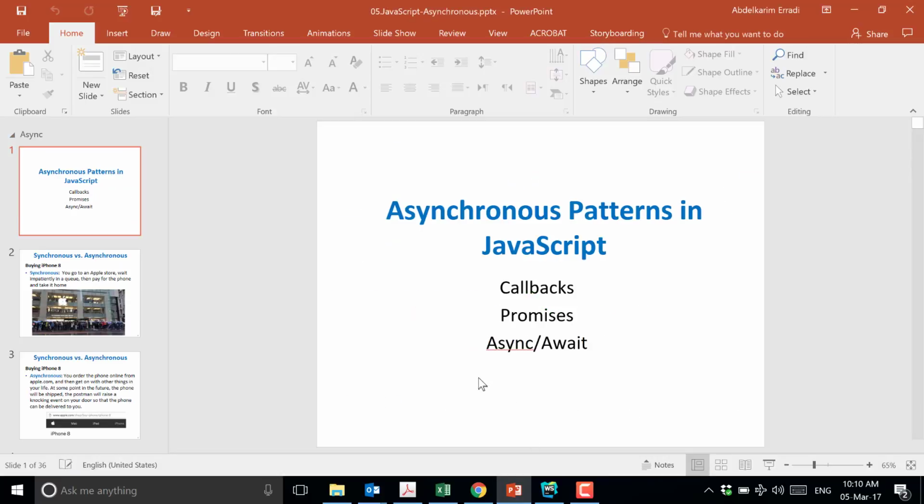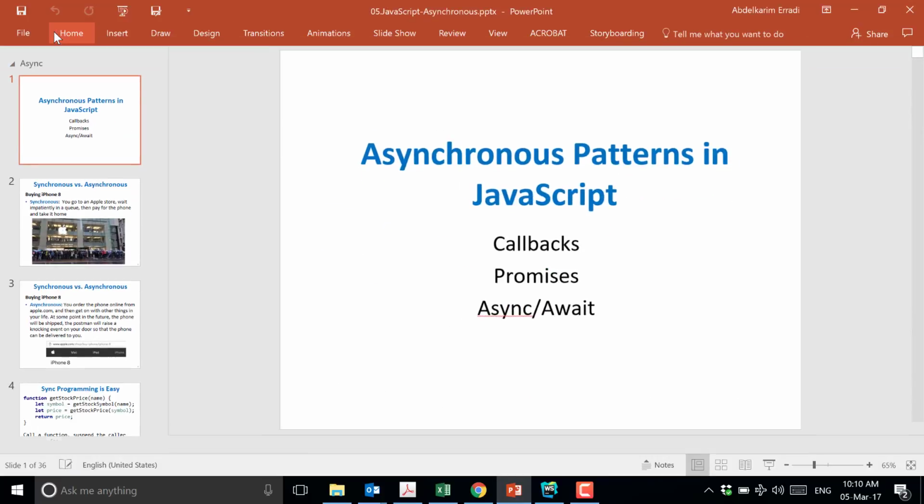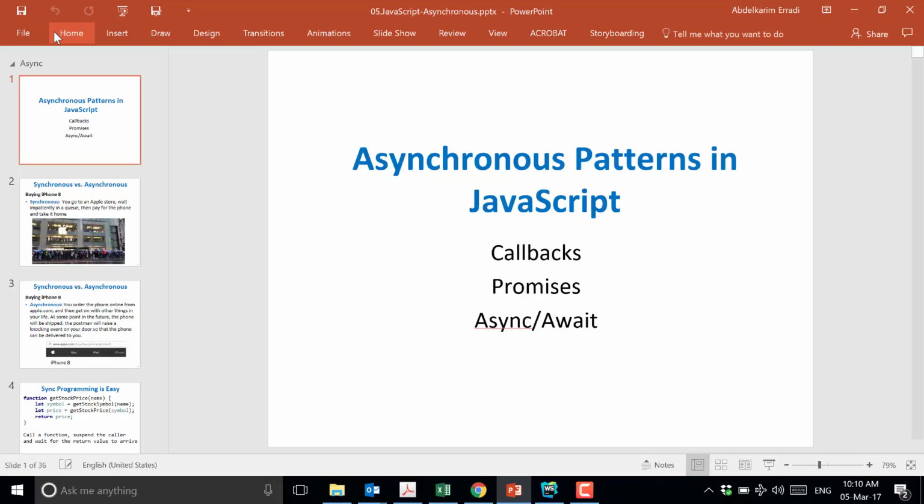So to start, what I want to do is to explain this concept as we see it in the real world, and then we see how developers have implemented this concept in programming. So first, let's take the scenario of the iPhone 8 is coming very soon, and there are basically two major ways to buy it. You have seen how people buy it. What are these two ways?